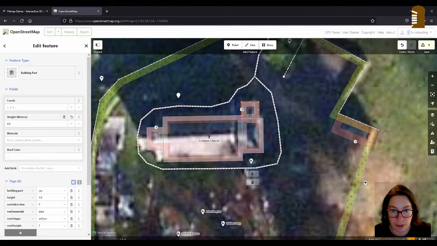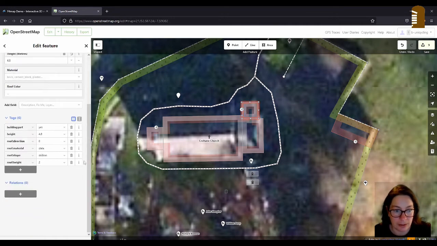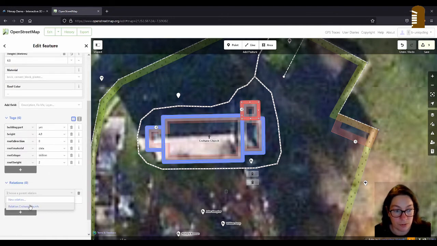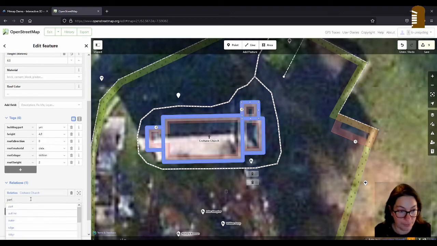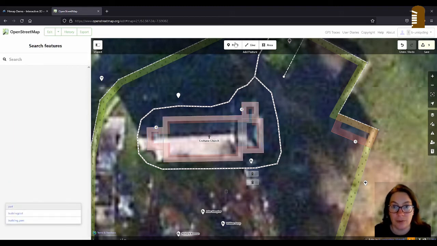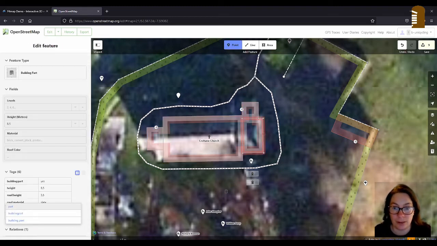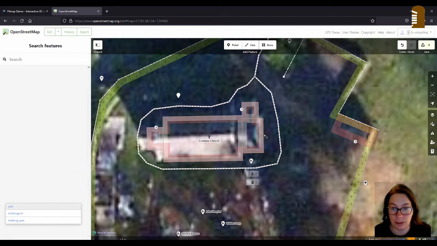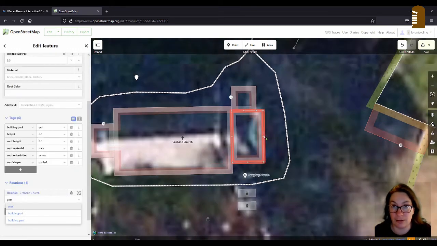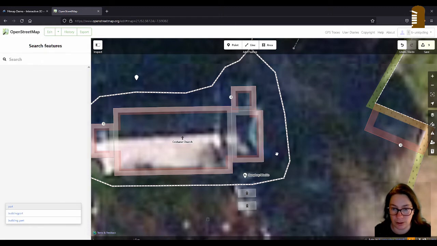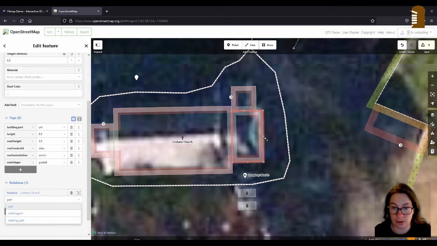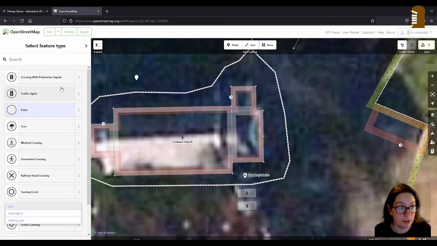Yes, and we have a door here. Never mind that. And we'll add this to the relation part. There's a stained glass window here, which we could add, and it's in the center of the wall. So what I'd like to do is highlight this, because then it shows the little arrow here, which is the center of that line, and I can just double click on it and I get the center.